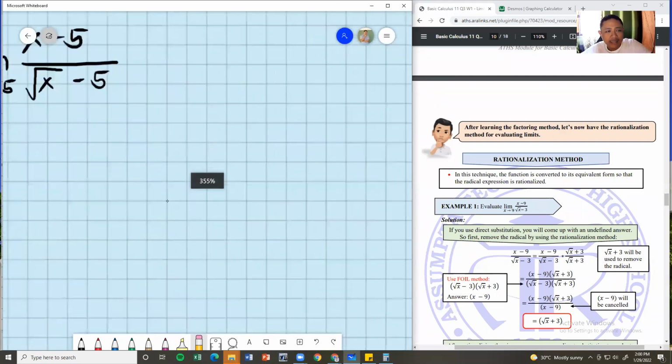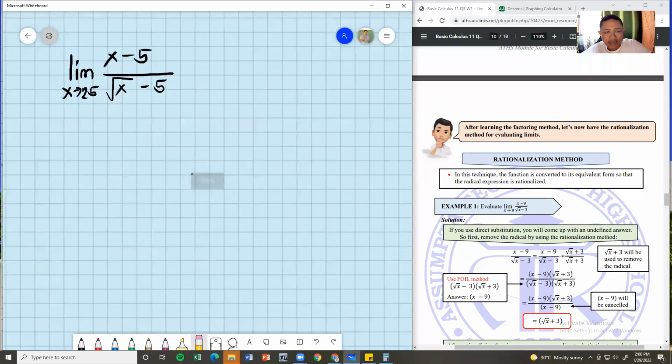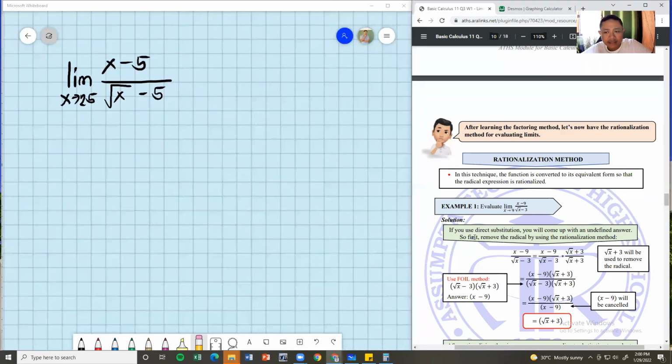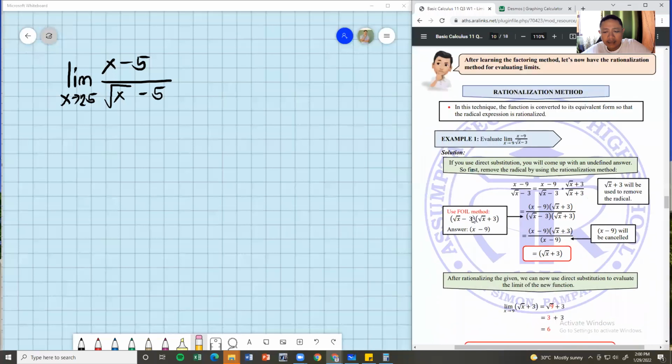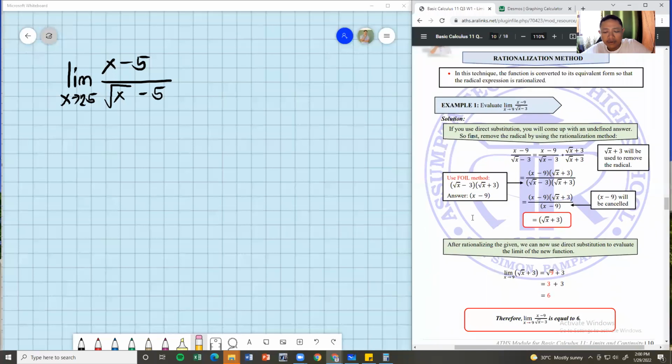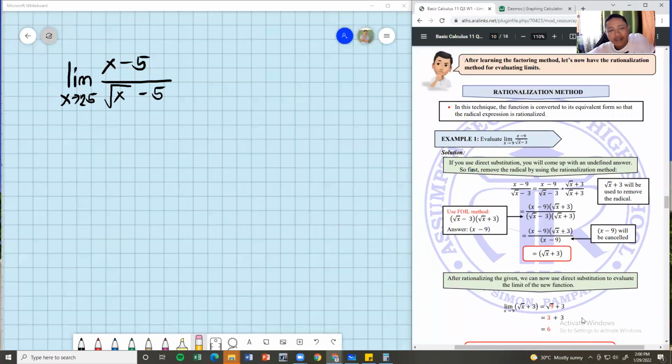Are you familiar with that? That's a grade 8 lesson, rationalizing your equation. Let's do it. Are you ready? So, to do the rationalizing, we will have